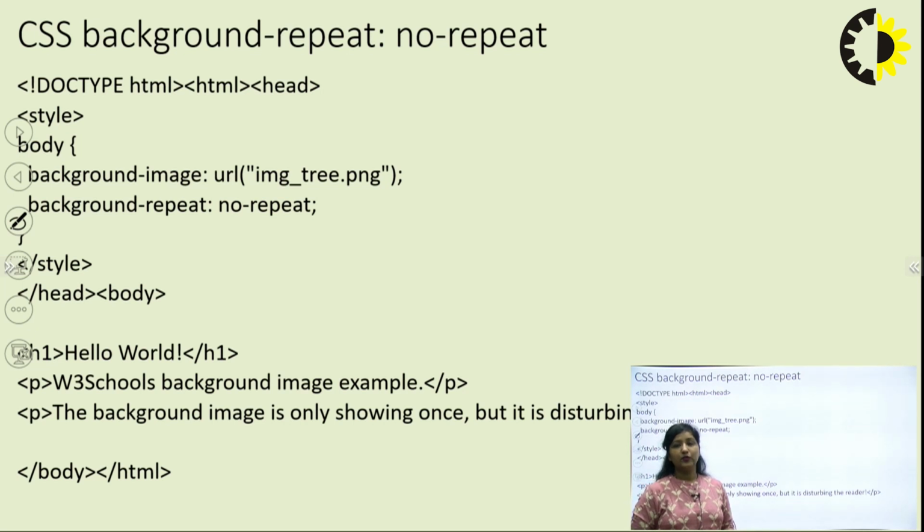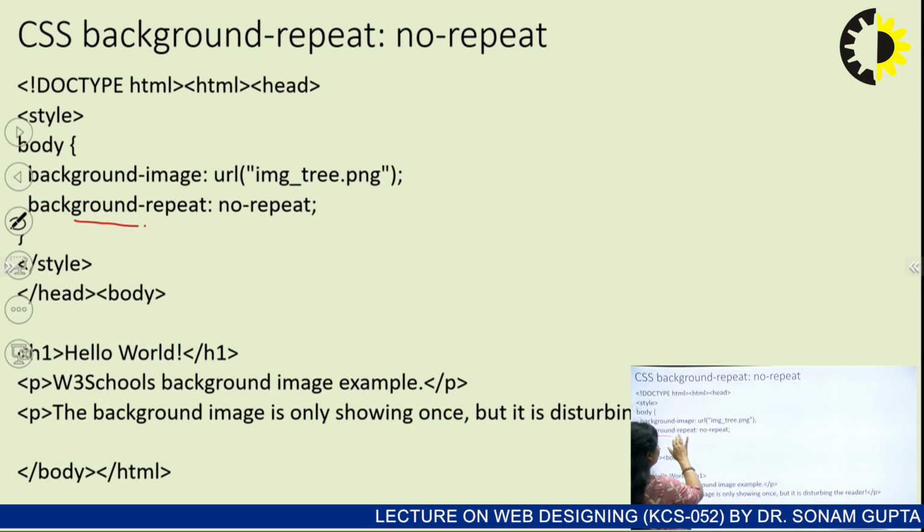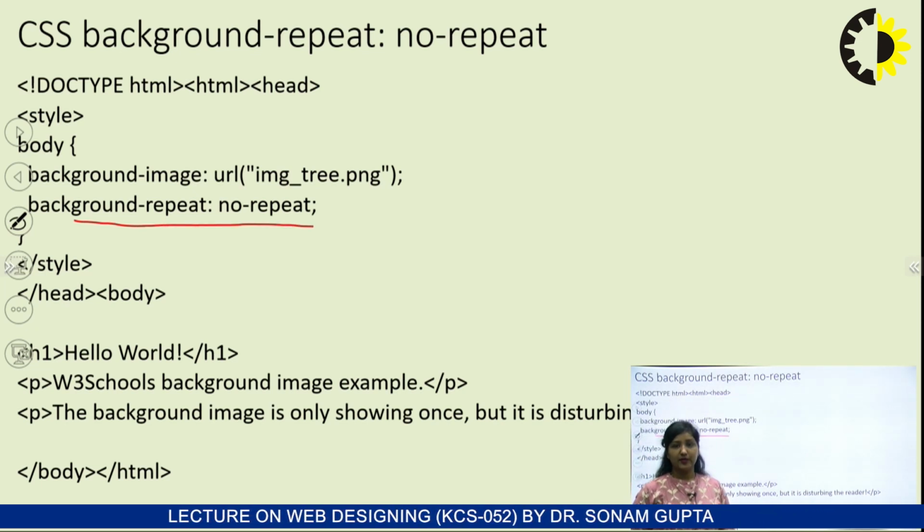Now, similarly, I do not want the images to be repeated. By default, the images will be repeated horizontally as well as vertically. If I do not write anything, the images will be repeated by default. I want the images not to be repeated. So, I just have to write background-repeat: no-repeat. By the help of this attribute, with the value no-repeat, the images will not be repeated